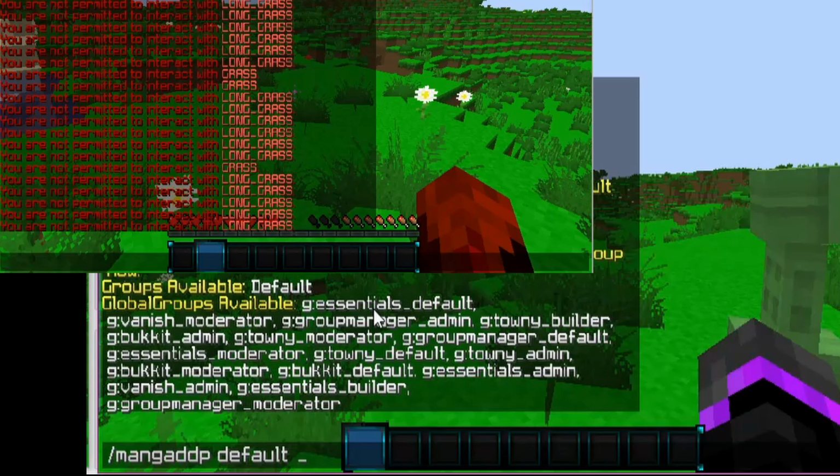For this, I'm going to be using Essentials because Essentials has most of the permission nodes that you want. There will be a link in the description for all the permission nodes with Essentials, so make sure you guys go check that out. When you're using Essentials and you get this error message saying I am not permitted to interact with the whatever, this is the permission node that you need to add to any of your groups. It is called